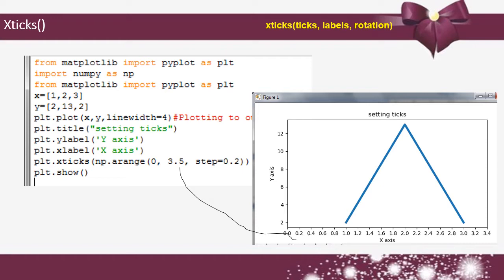So the range values 0 to 3.4 will be displayed in the labels. Step value means it will skip by 0.2, increasing by 0.2 from the beginning value. See the graph: 0.0, next 0.2, 0.4, like that, 0.2 will be increased each time.